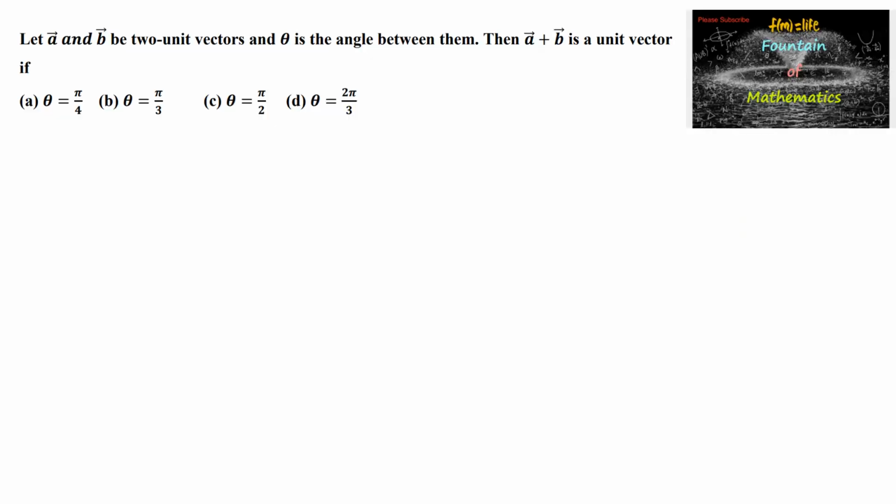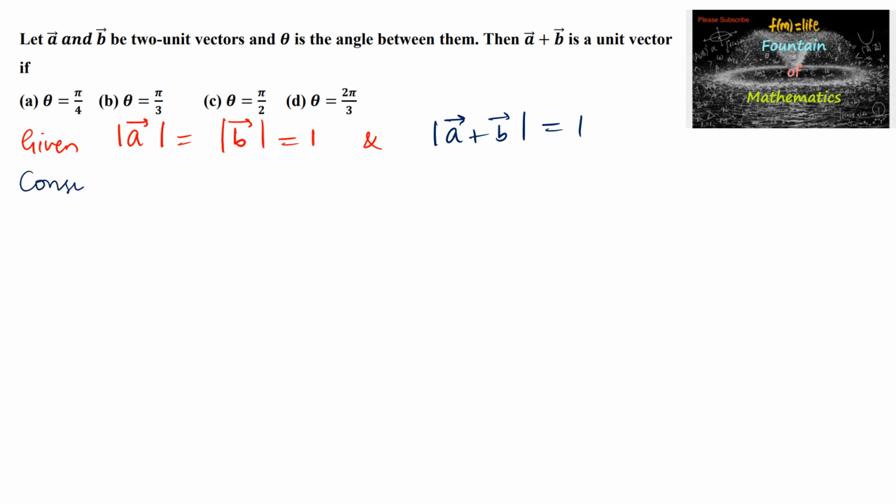Let vector A and vector B be two unit vectors and theta is the angle between them. Then vector A plus vector B is a unit vector if so. Given A and B are two unit vectors, that is mod A is equal to mod B is equal to 1, and also given mod of the sum of two vectors A and B is also 1. A plus B magnitude is 1. So let us consider mod of A plus B